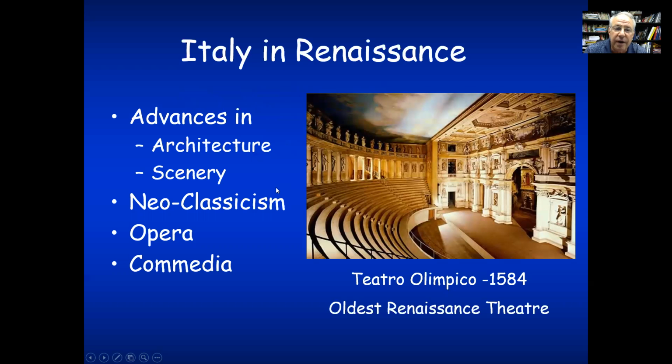So Italy in the Renaissance, there are lots of advances. Look at this as an indoor theater, but it looks a lot like the outdoor theater. So this is a transition to the indoor proscenium theater that we are familiar with now. This was the Teatro Olimpico, 1584. There was wonderful architecture, scenery, painting,